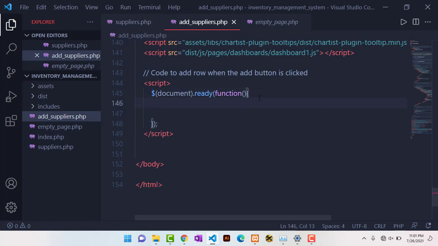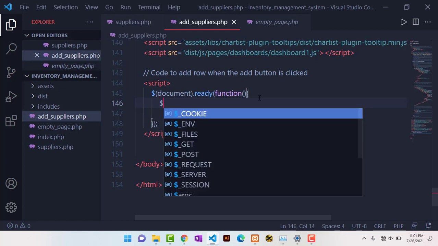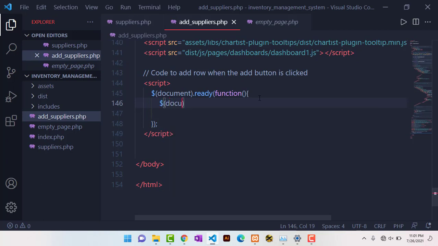So down here we are again going to come and have another $ sign, a set of quotes, then a document, and basically now what we are saying here is that we are creating a function that will help us to add the row when the add button is clicked. So we're just going to come and say .click,